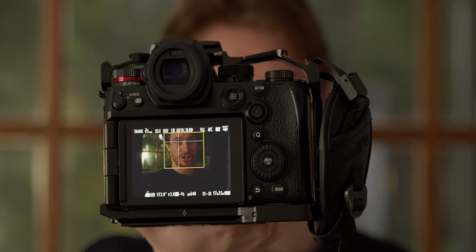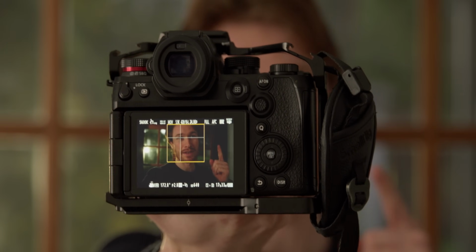I understand not doing it in 30 or above, but the difference between 24 and 25 shouldn't be that much different. So basically, I can either just shoot in 16:9 or 2.4:1 in 6K and it's fine, and I can use those modes. Or what I actually decided to do is just change to 24 frames per second. And the main thing that I changed with that is obviously 24 frames per second, but then I'm also using a